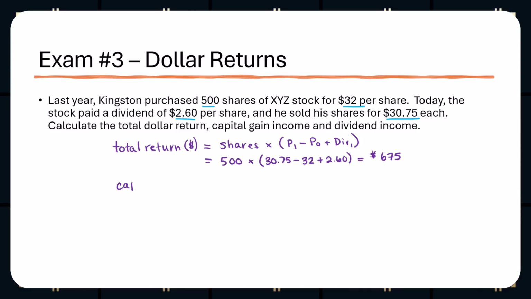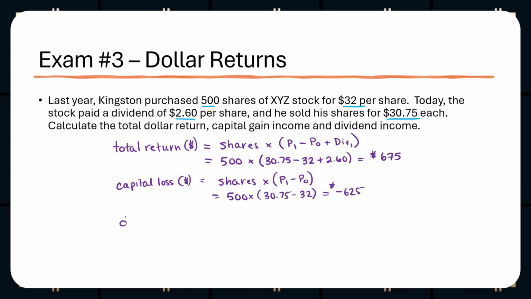Let's look at the capital gain or loss. And in this case, it is a loss because he sold it for less than what he paid for it. Now in this, we're just going to simplify the equation. It will be the shares that we own times the price we sold it for minus the price we paid for it, or 500 times the $30.75 minus 32, and his capital loss in this particular example was a negative